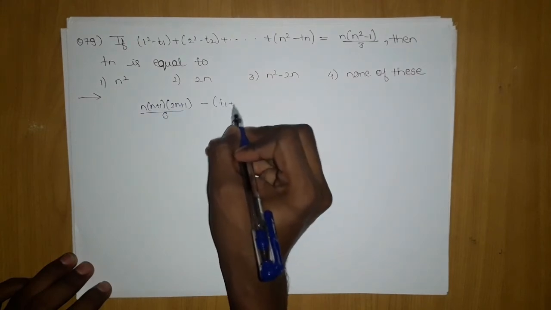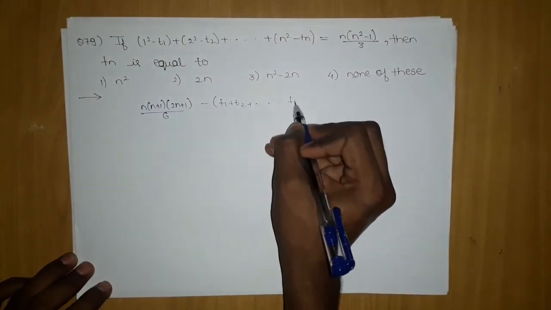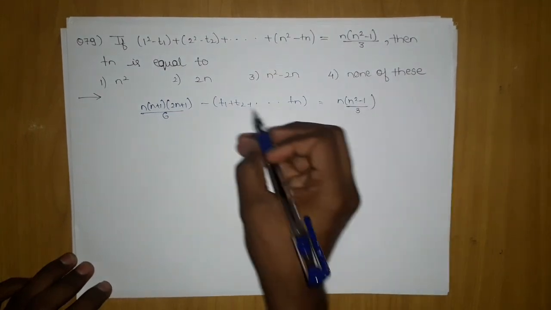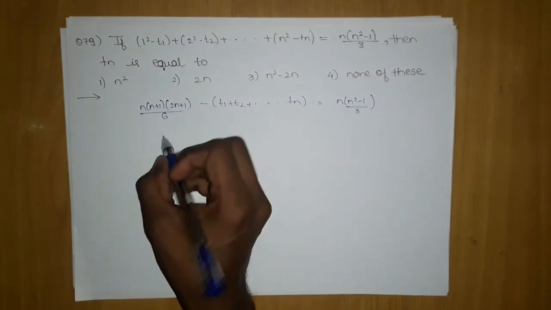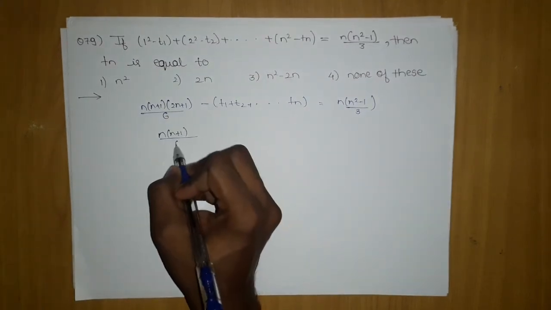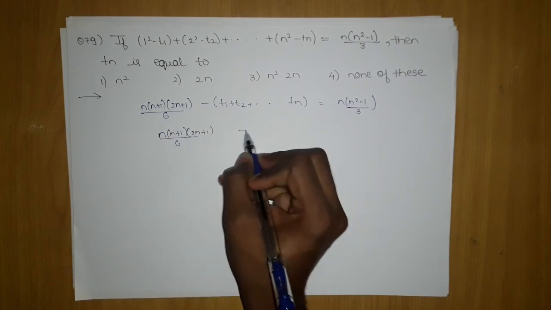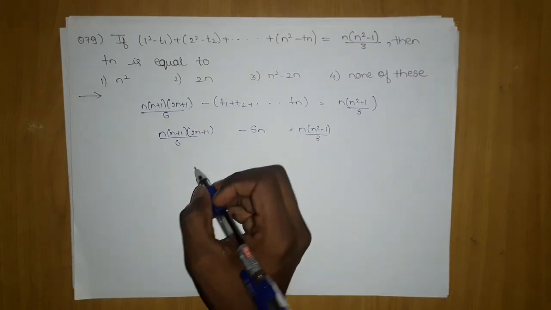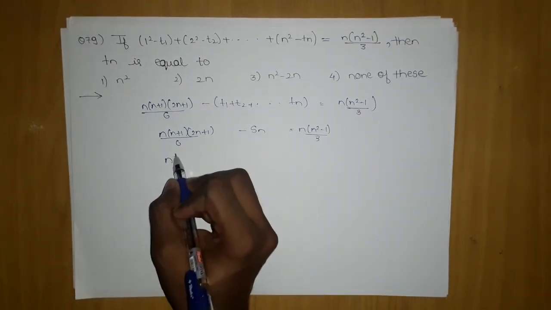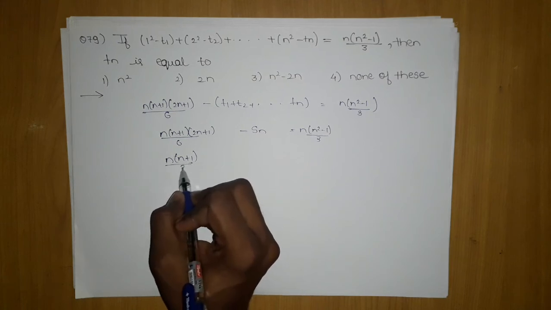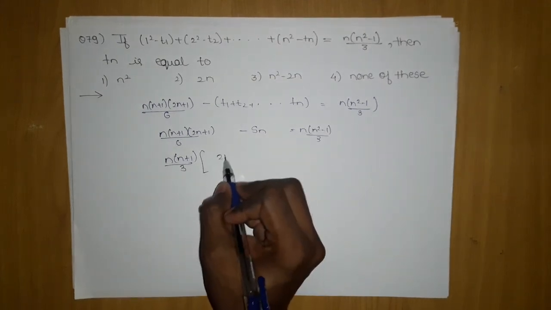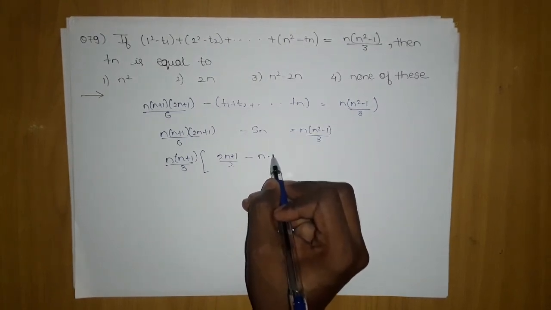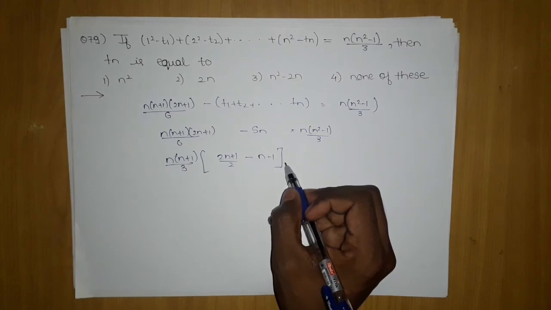And here we have t1 plus t2 plus and so on till tn. That step is very easy, n into (n square minus 1) by 3. And now this is nothing but Sn. So I can write it n into (n plus 1) by 6 into (2n plus 1). This is my Sn. This is n into (n square minus 1) by 3. I will move it that side, which will give me n into (n plus 1). I will take common into 3, which will give me (2n plus 1) by 2 minus (n minus 1). N minus 1 will come out.